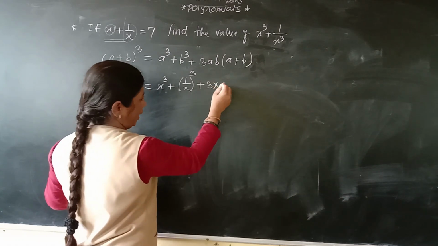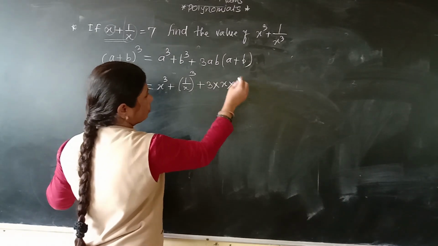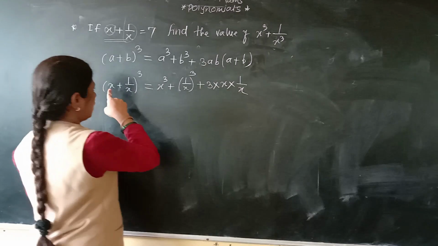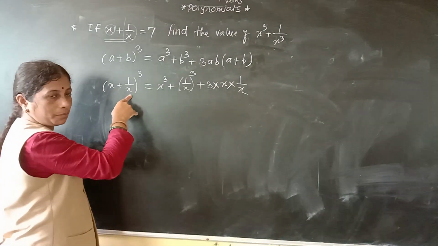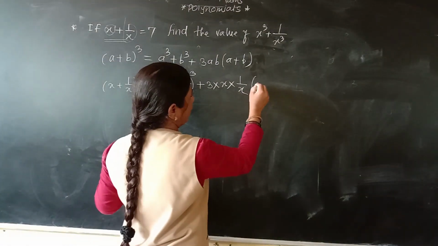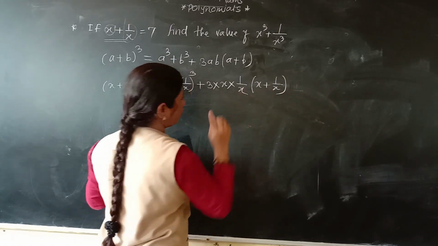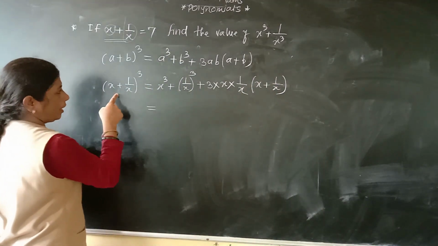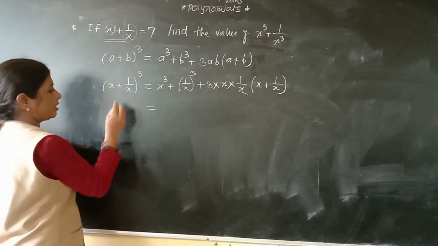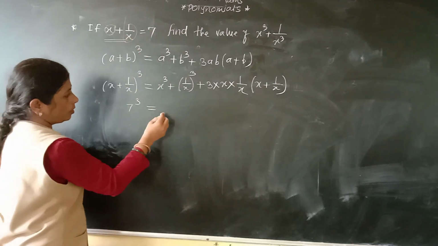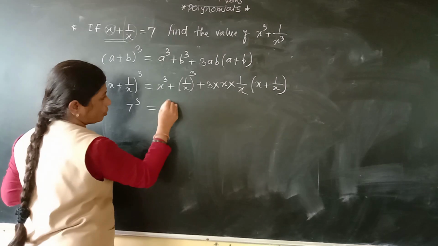So 3 into a is x, into b is 1 by x. A is x and b is 1 by x. And second bracket a plus b means x plus 1 by x. Okay. Now here we will keep the value of x plus 1 by x. It is given 7. So 7 cube equals this x cube